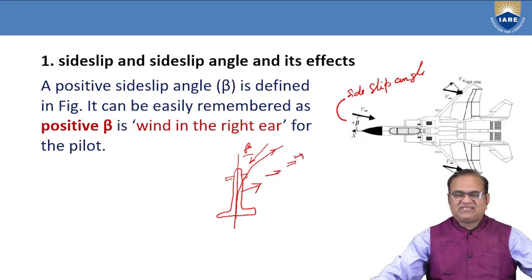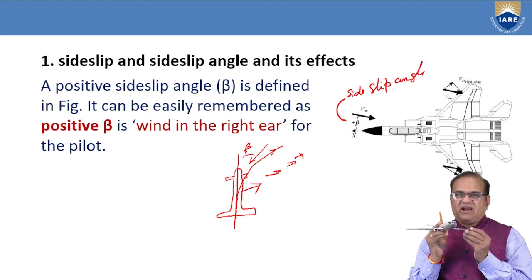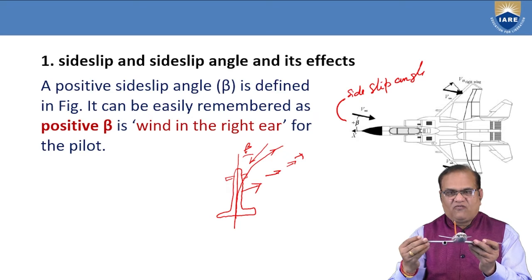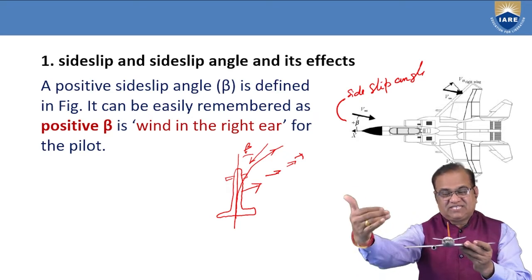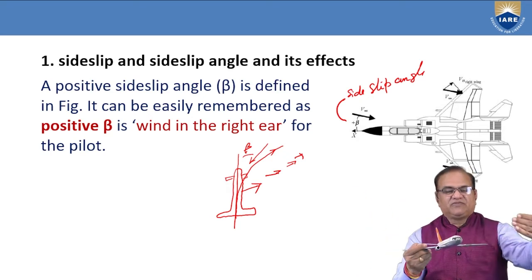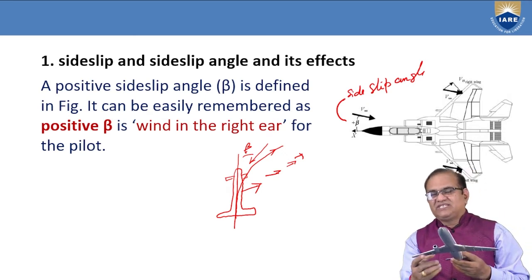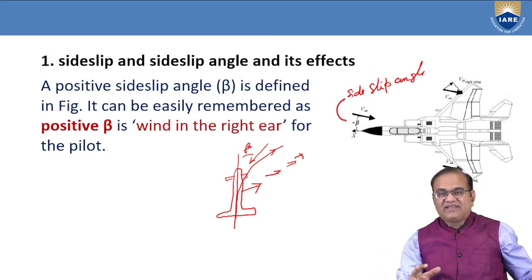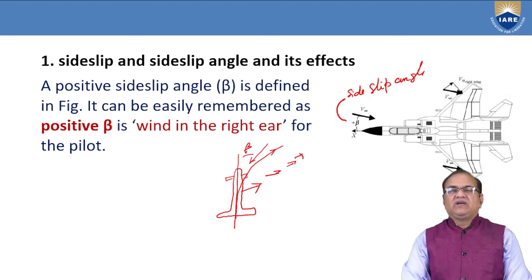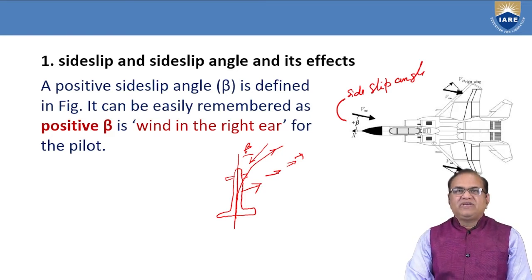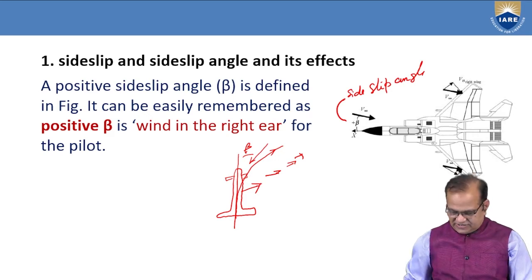So I am just explaining here. If the aircraft is flying like this and there is a beta, the aircraft will go forward a little to the right side. If the flow is from the right side, it goes like this, and if it is from the left side, it will start going like this. So this is the effect of the side slip, and this side slip has to be handled properly by the control, and that control is called the rudder control, which we will be observing in the next session.